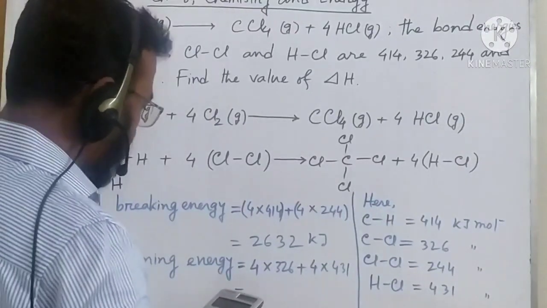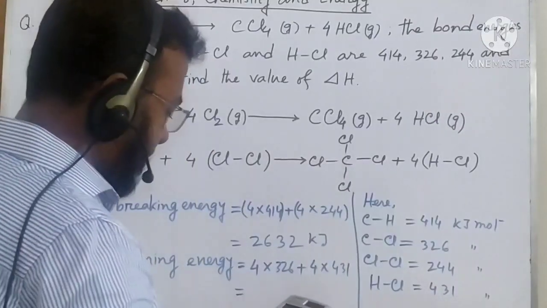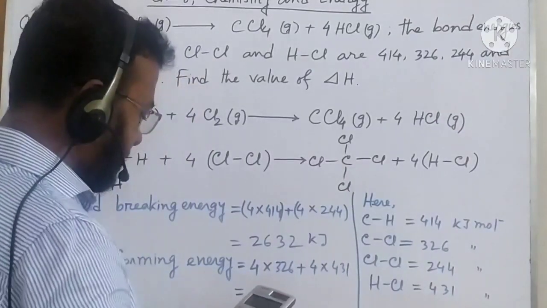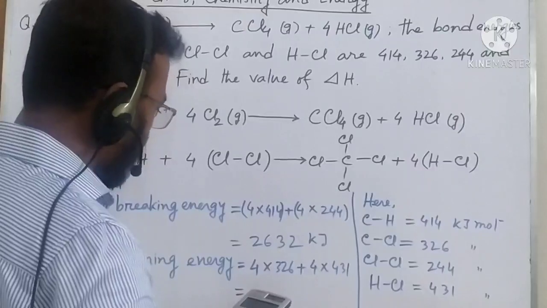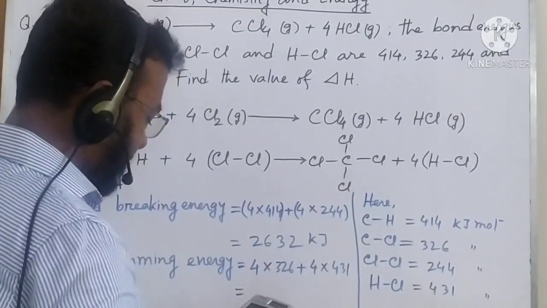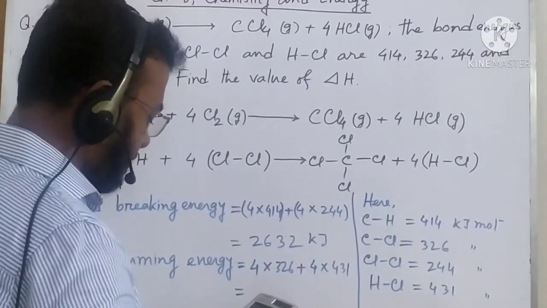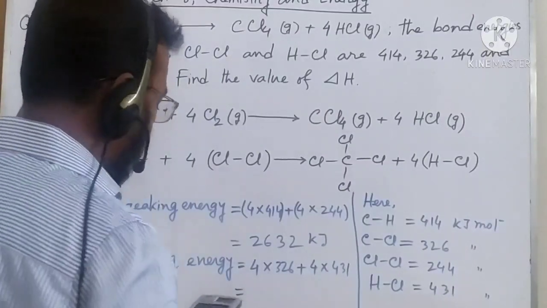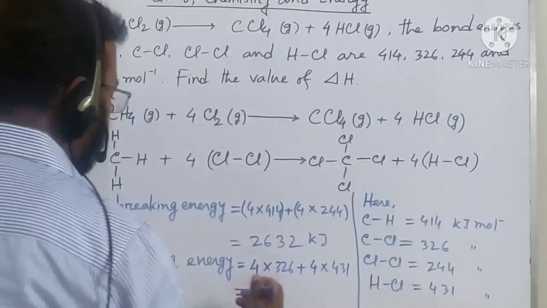Let's see: 326 into 4 plus 431 into 4, then we have got 3028